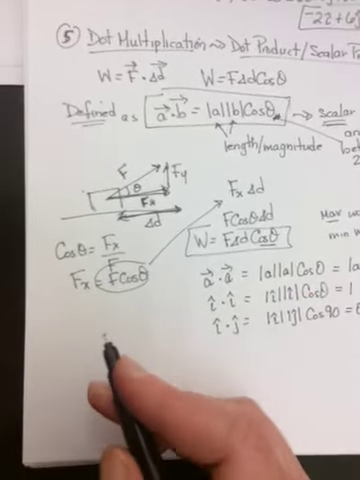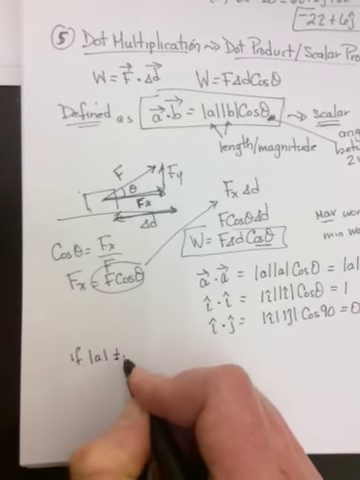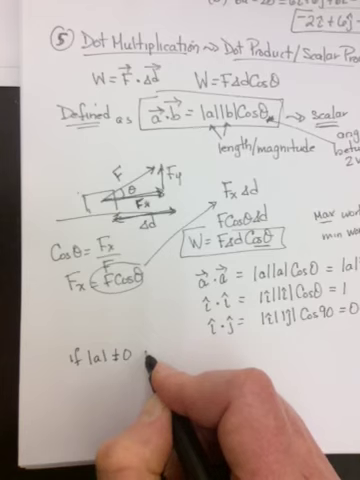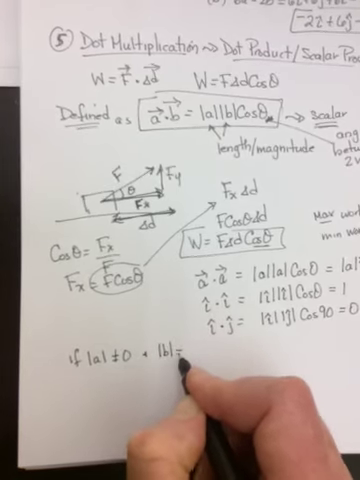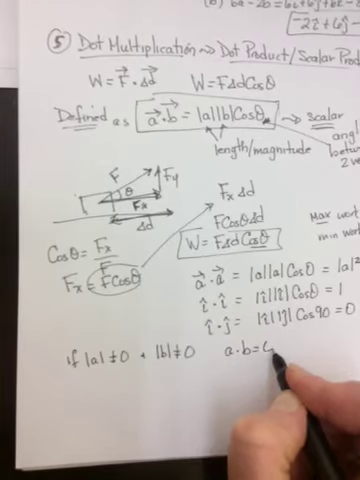Okay, so we could say if the absolute value of A is not equal to 0, I'm going to run out of time, and if the absolute value of B is not equal to 0, but A dot B is equal to 0, what does that